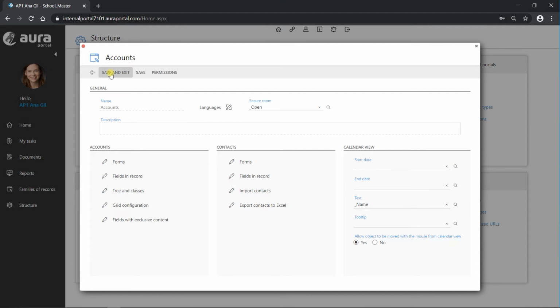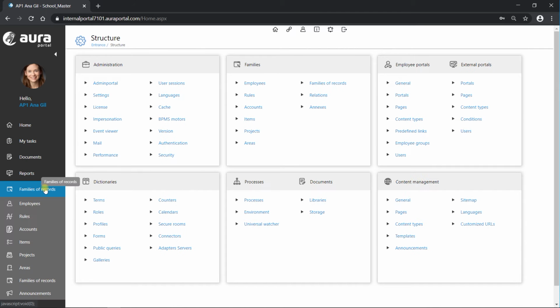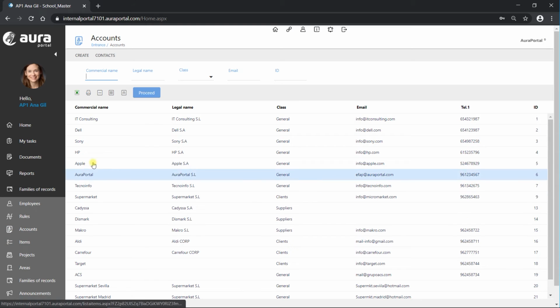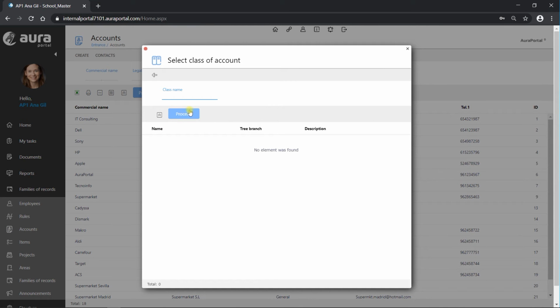Okay, save and exit. And let's go now to families of records, accounts, and create. If we click on proceed,